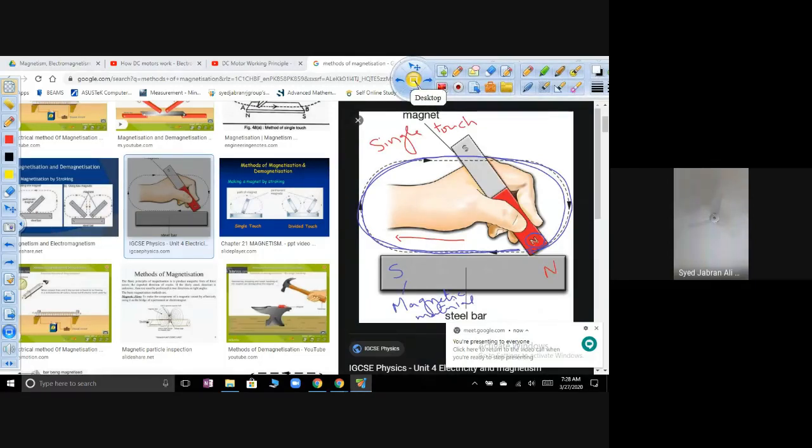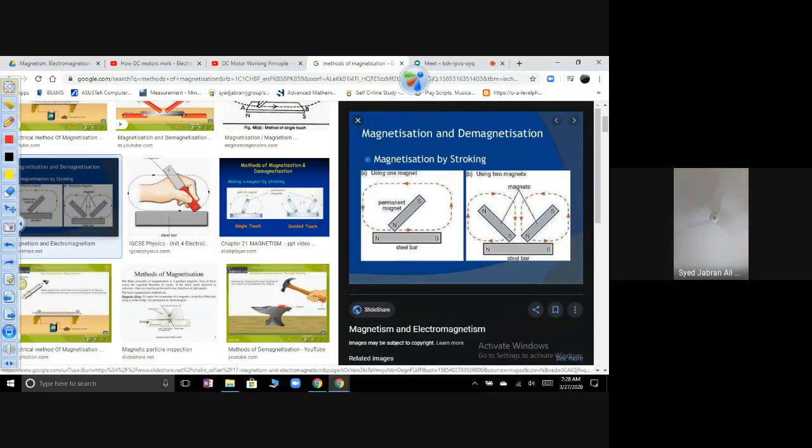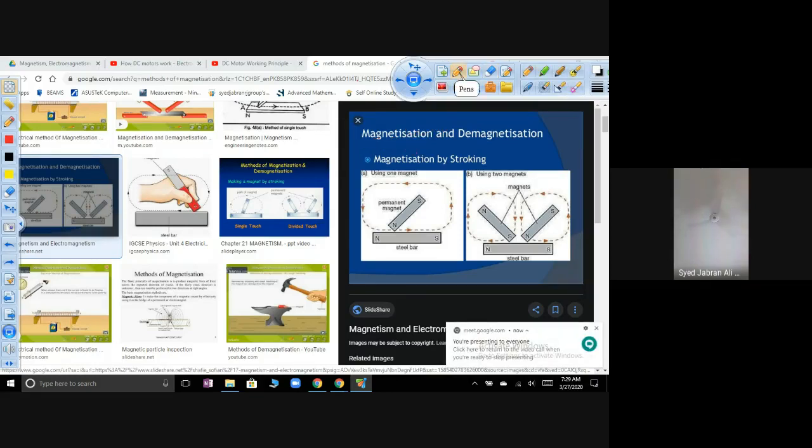Now we have the other one as well. Now I'm moving on to the double touch stroking method. So I'm looking at this drawing now, and when we look at this drawing, we have both the methods, and you can see both the methods at once. Initially, what is marked over here is the single touch or single stroking method, whereas this is the double touch or double stroking method. Now in this, we are going to take two magnets with two opposite poles over here,